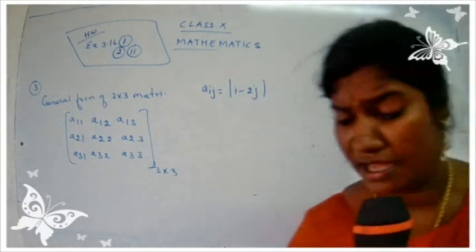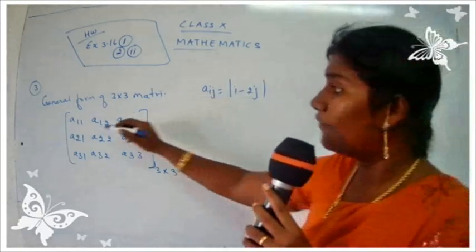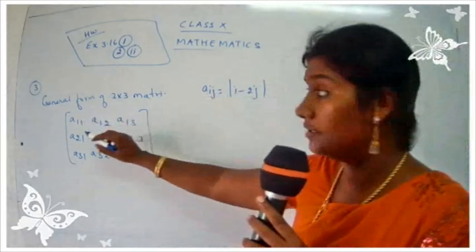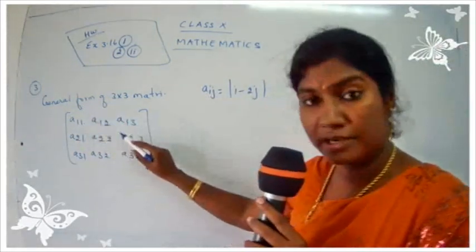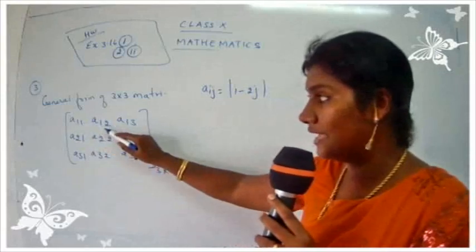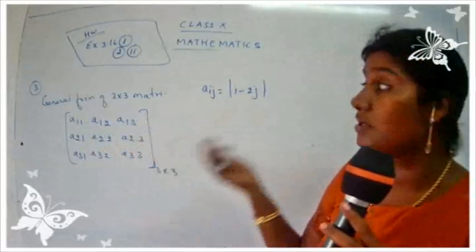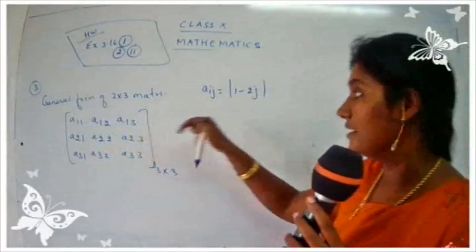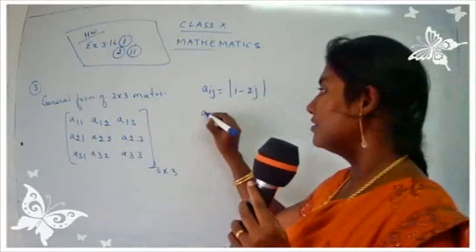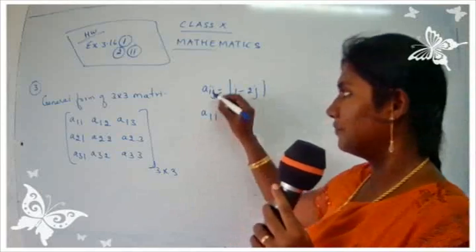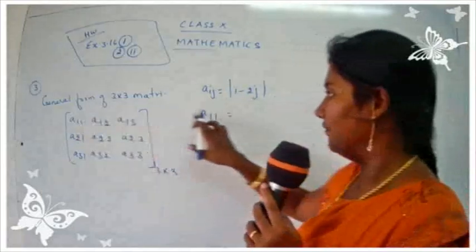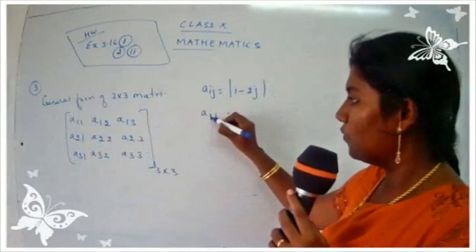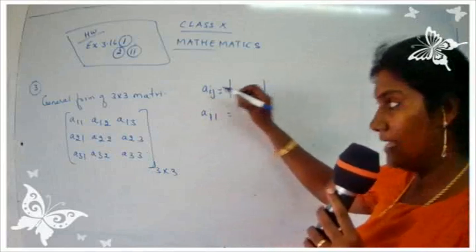Okay. So now what are we going to do? Very easy thing. I am going to replace this. See, I want to find out all the values. Here we have just taken the general form. We have written A11, we have written A12, but I don't know what the elements are. So we are going to find out the elements. So what I am going to do here, I am going to write out A11. So what is this 1? The 1 is the value for i. Be careful, see here, children.